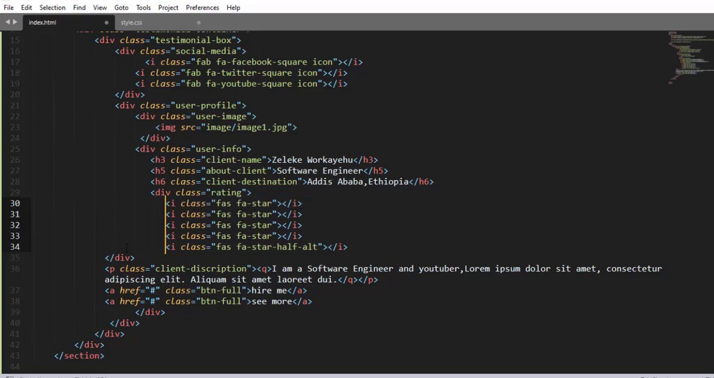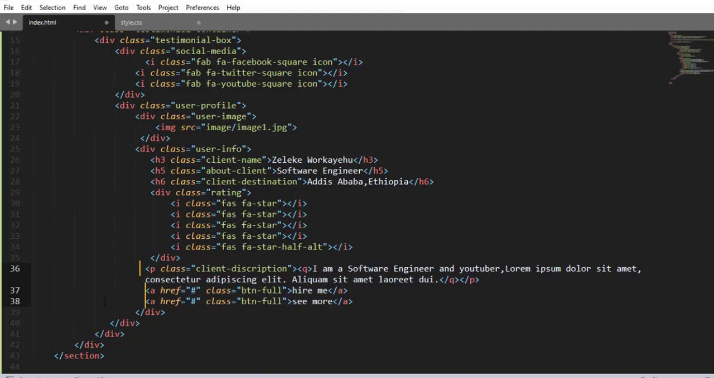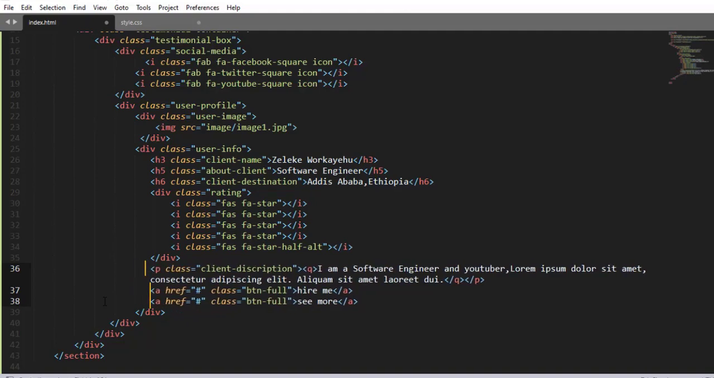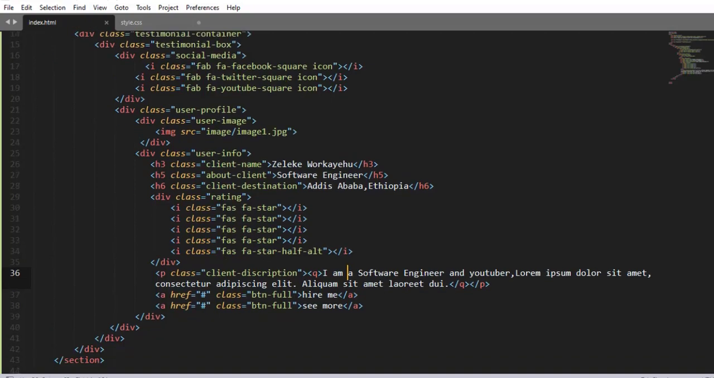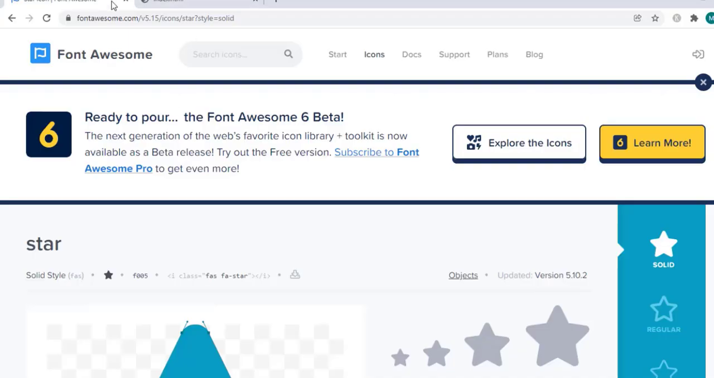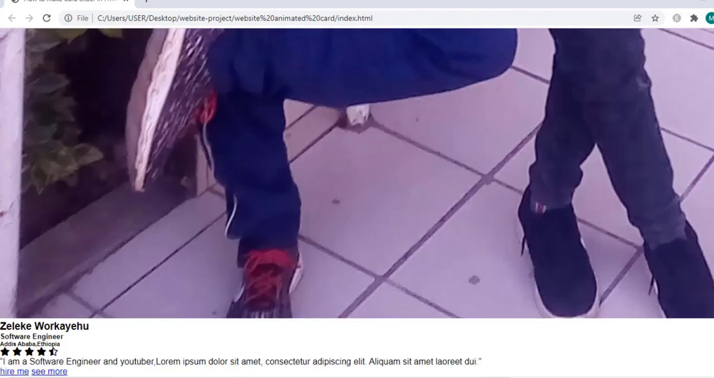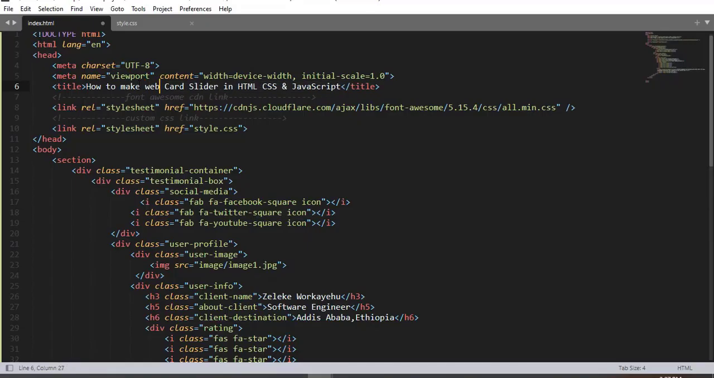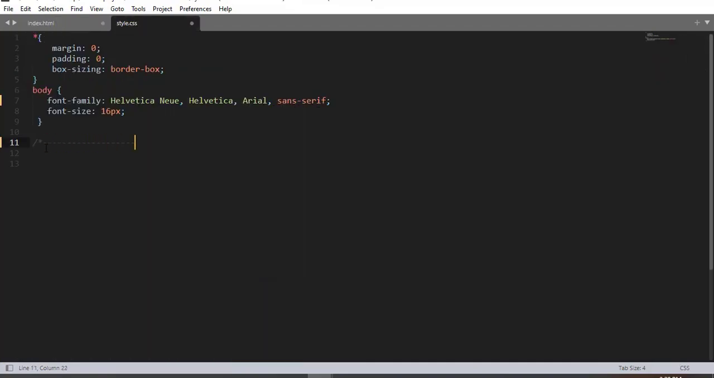Let me adjust the alignment, the indentation for this. Okay, now here we have... and then when I save and refresh, here is the HTML part right here. And now let me change